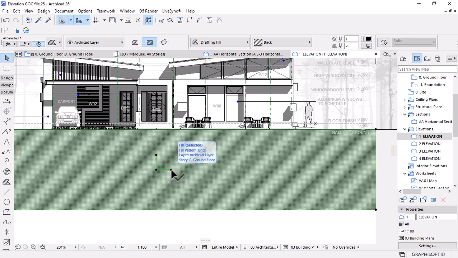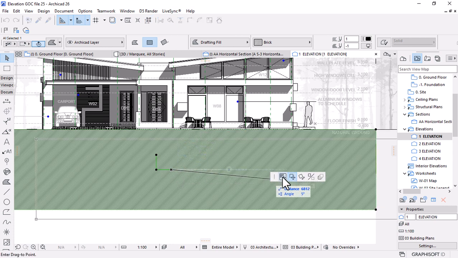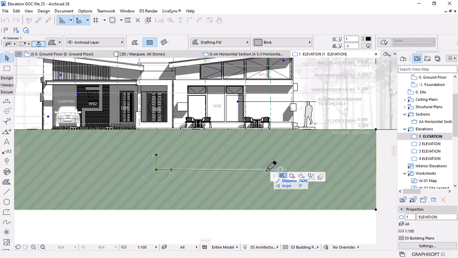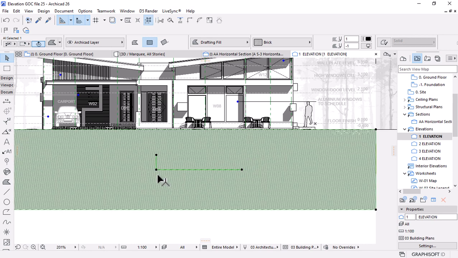So I would pick this point, and then make sure you are under move the fill handle. Then I can just increase the length of this, and then do the same. I will try to make sure it's relatively equal. So you would see this guideline of a circle that will guide you on the distance. If you want to make the distance equal, that means it has to touch the circumference of the circle,